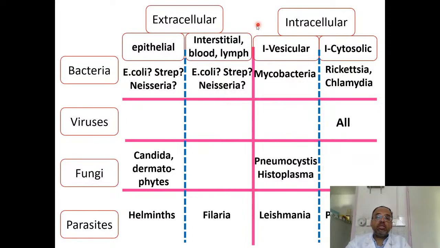B cells produce antibodies. Shall I give the extracellular space to B cells to defend? Or shall I give the intracellular space to B cells to defend? You can communicate here, just type extra or intra. So the question is, should I give the extracellular space to B cells or intracellular space to B cells? If your answer is extracellular, type E or X. If your answer is intracellular, type I or IN, that would be sufficient.